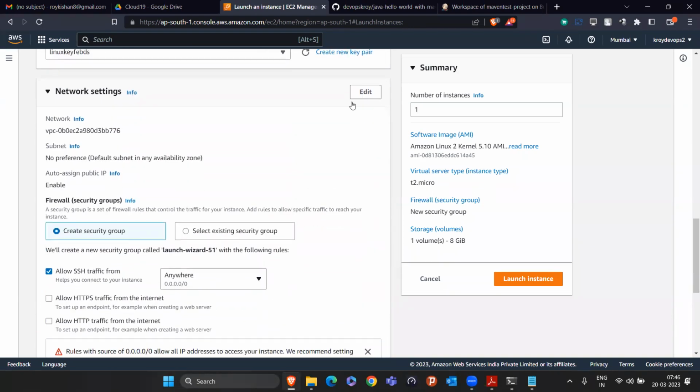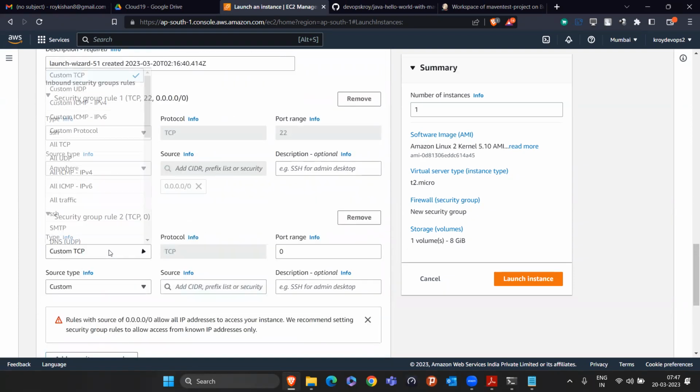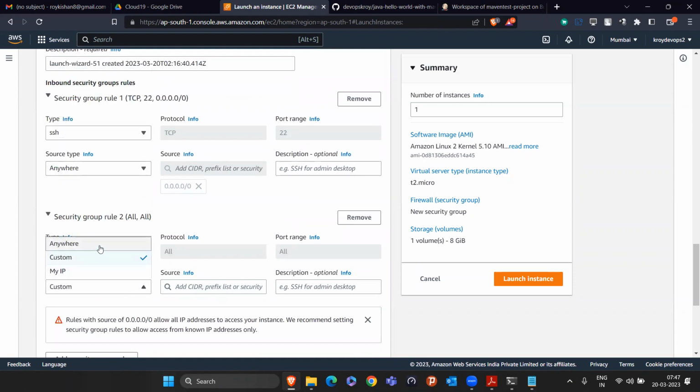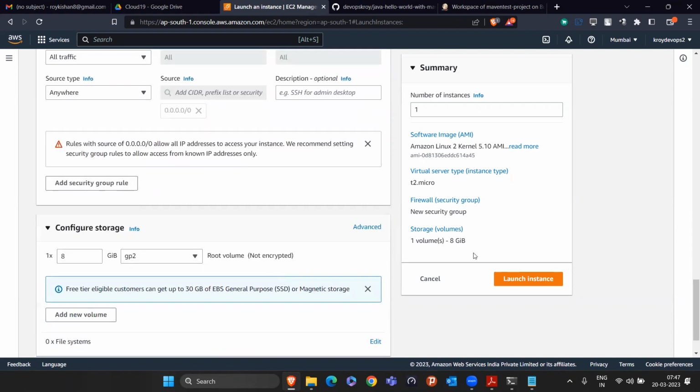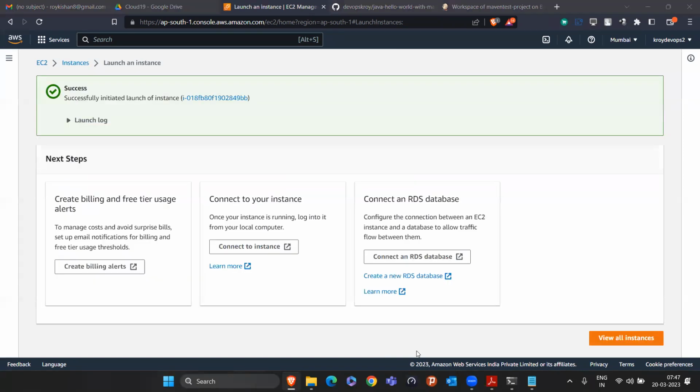And in the security group section, basically in the network settings, click on edit. Click on add security group rule. Here you have to ask for all traffic, and the source should be anywhere. That's all. These are the things you have to do, and then you launch the instance. Once the instance is launched,